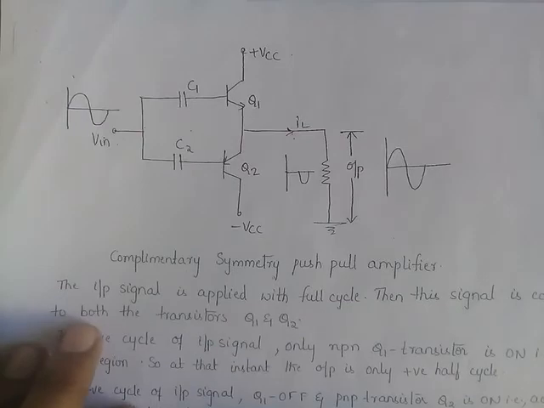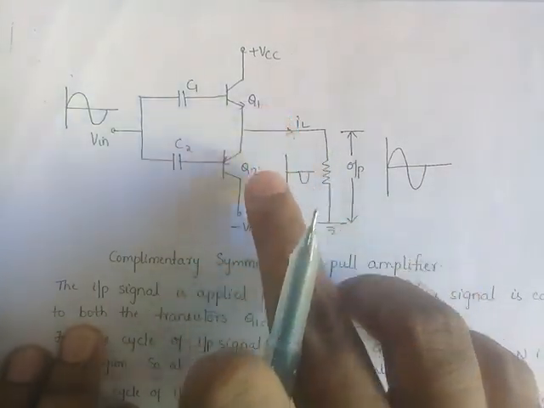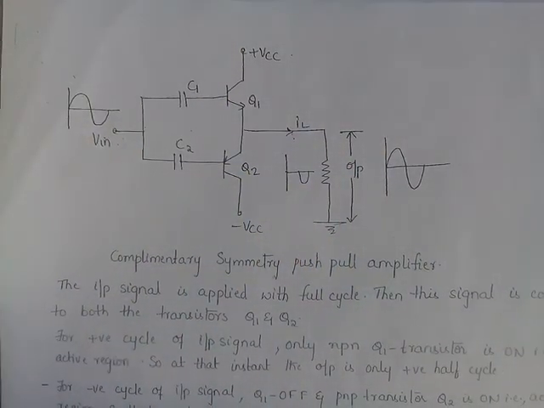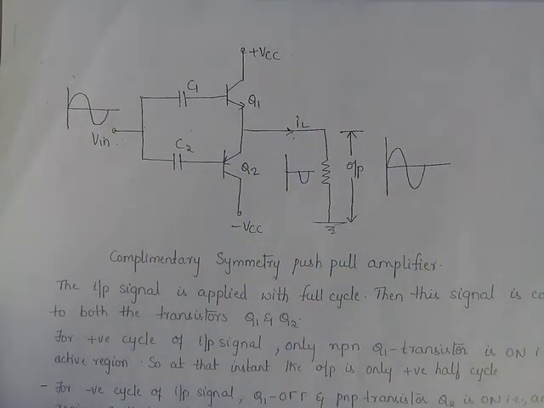Simply we are taking the connection of Q1 transistor and Q2 transistor without any transformer. This design is known as the complementary symmetry push-pull amplifier. But according to the syllabus, we do not have this topic. But if you are interested, you can read this topic. And the operation is the same as what we are applying here. In which region we get the positive peak for which transistor, and in which region we get the negative peak for which transistor, the same thing will be applicable here. No need of recalling the points.